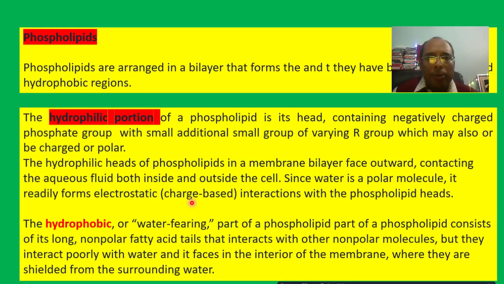Now you can see the phospholipids. Phospholipids have a hydrophilic part and a hydrophobic part. Remember the point, the head portion which contains the phosphate group is hydrophilic, water loving, so it faces the outer side, so that it can interact with water. But the tail portion is hydrophobic, so it is facing towards the inner part. So both head portions are facing the outer side because they are hydrophilic. But the tails are facing the same side.